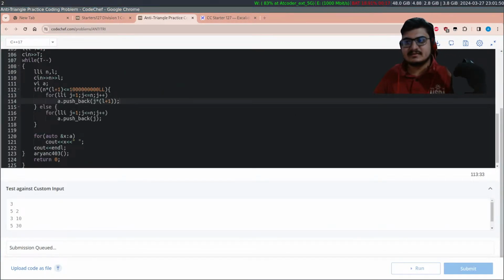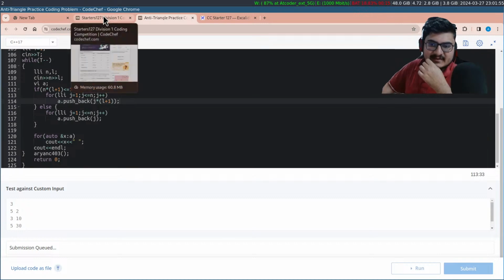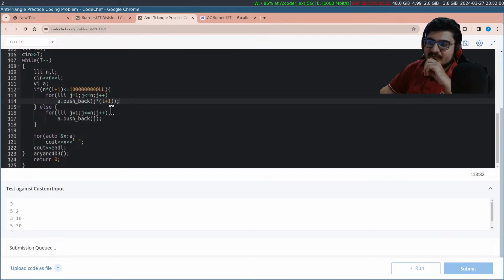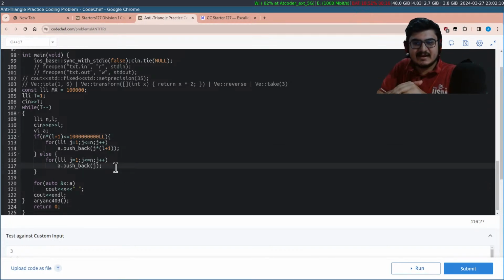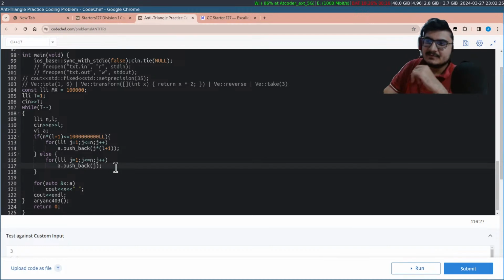Any questions on this one? The crux of this problem was coming up with two solutions and then realizing that one of them will work. The idea is if the value of L is very large, then you can take the first n numbers and you would be good. Basically, if the value of L is very large, then numbers less than L by 2 would be very large, so you can print numbers from this. Or if the value of L is very small, then multiples of L plus 1 would be very large, so you can pick any n numbers from them. And this was the idea for this problem.